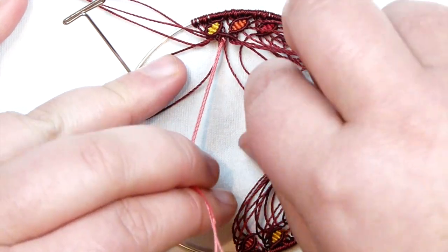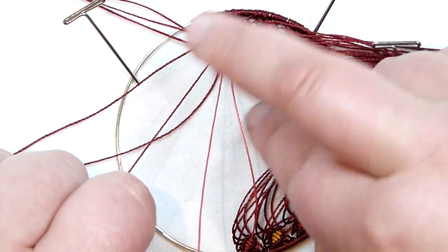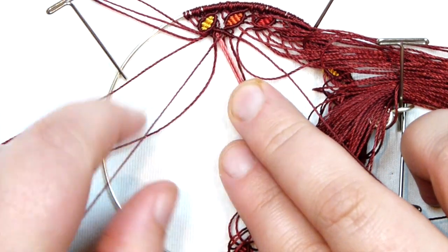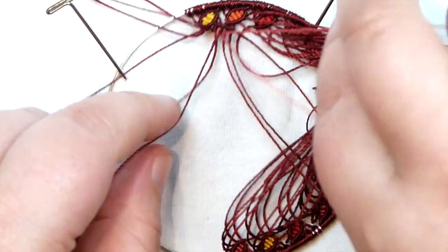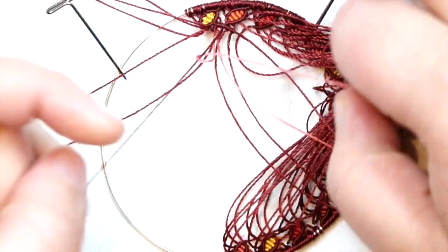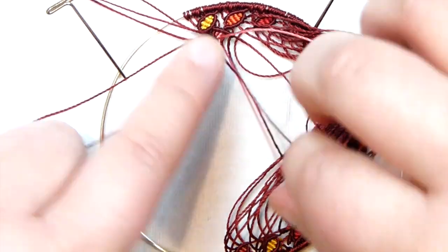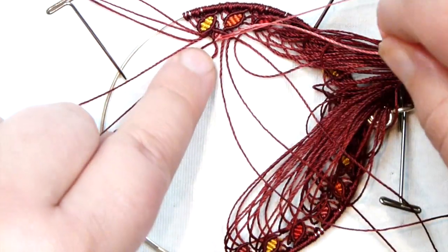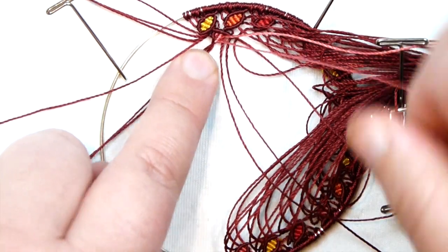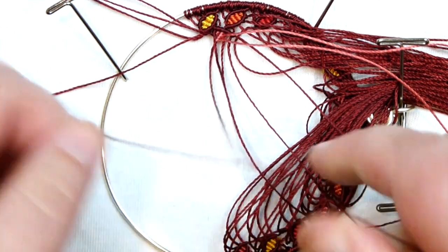And then grab your coloured cords again, take the very next one coming from the top row, bring it over them. So you take this long piece of cord from the top row, and that's going to be a holding cord for this row, and then you grab your coloured ones, the first one, and do your double half hitches to create the next row, and the second one. So as you can see, we're just doing the exact same thing as we did to create the other leaves. We're just working in the opposite direction and caging this row,